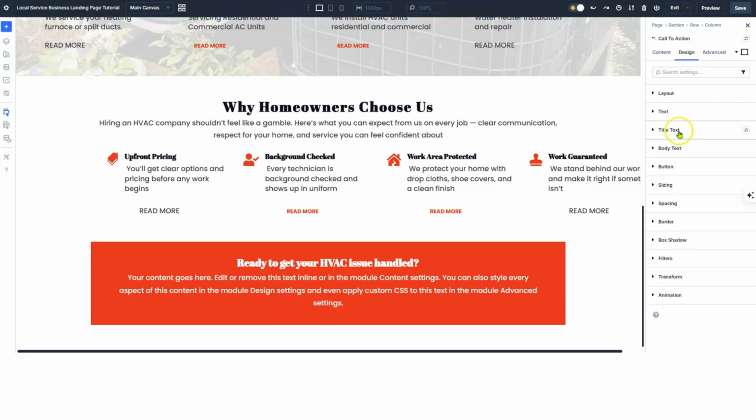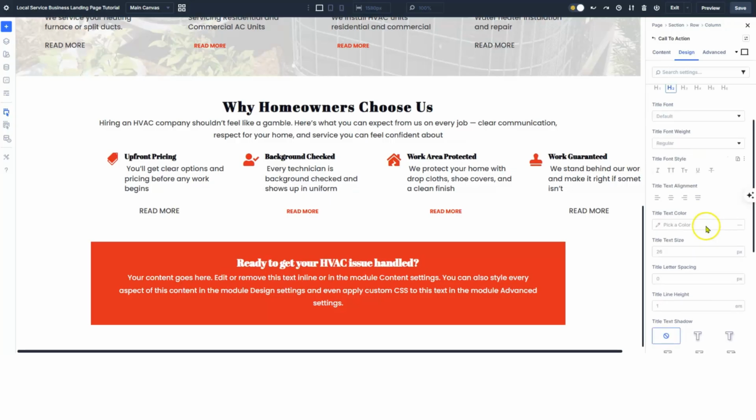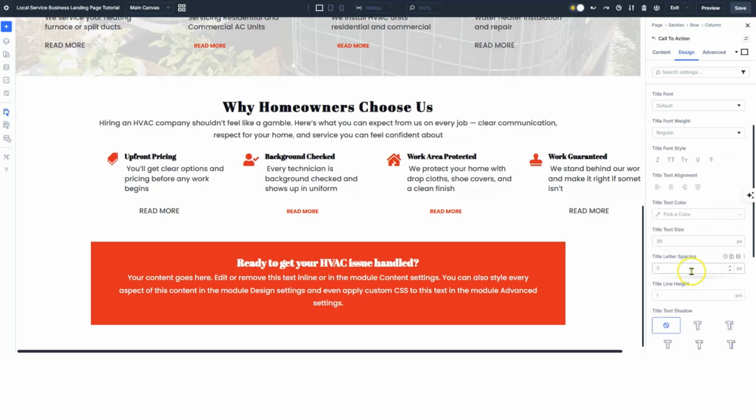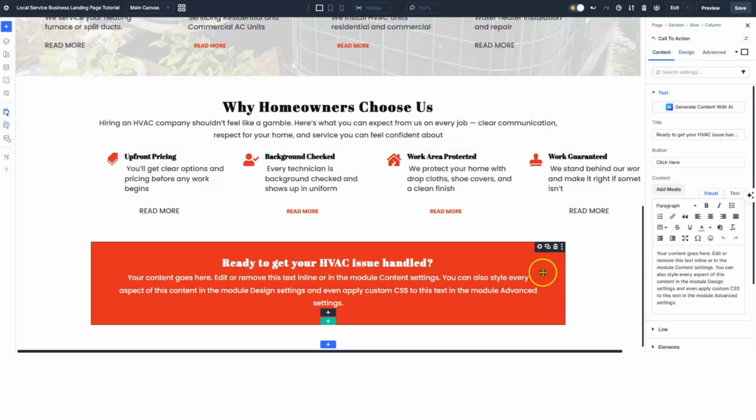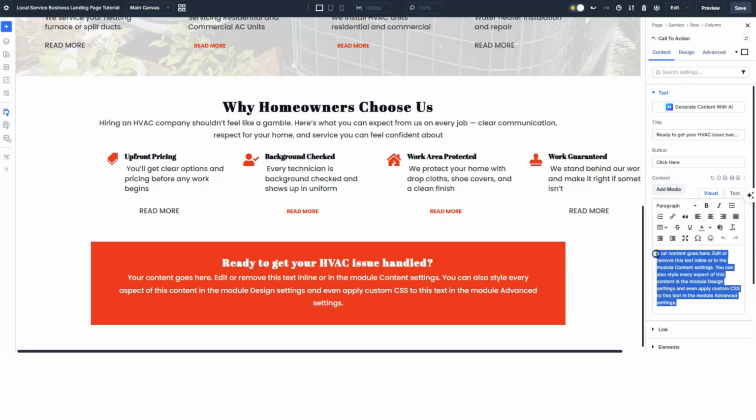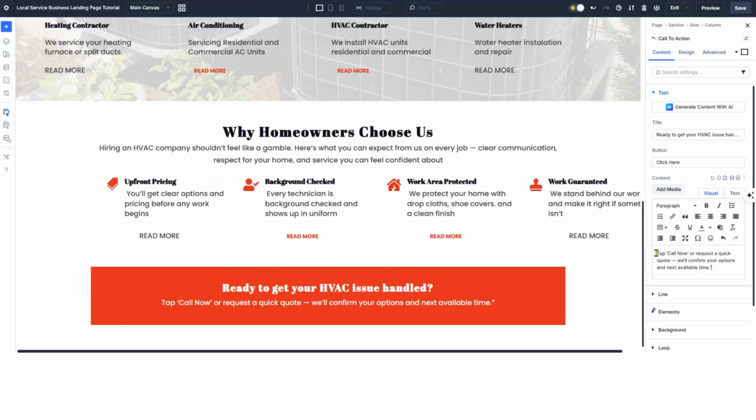And again, on the title text, I would like a little bit more spacing in the lettering there, just to bring it out a little bit. And then in the content here, right down here, put this little thing right in here. Tap to call now. And in there, we could put the phone number, which we used was, I think it was